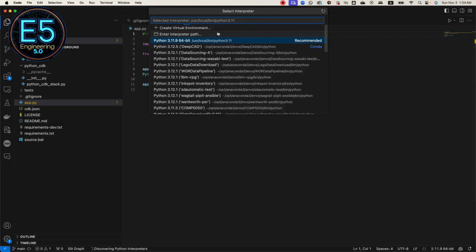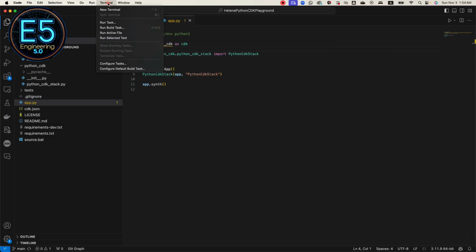Let's see over here if I can find the right virtual environment. I haven't created the virtual environment in this one yet. So let me create the virtual environment. Terminal, new terminal,